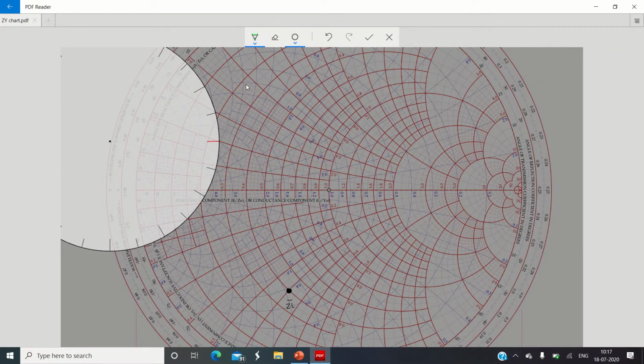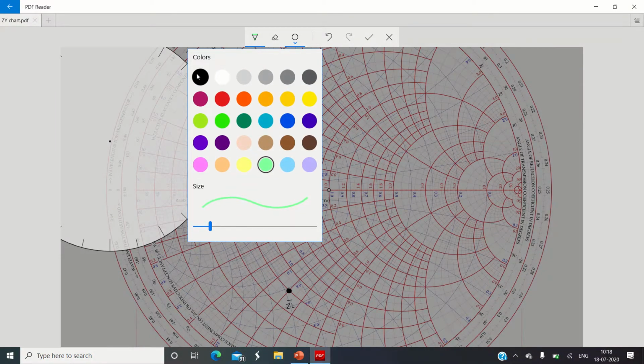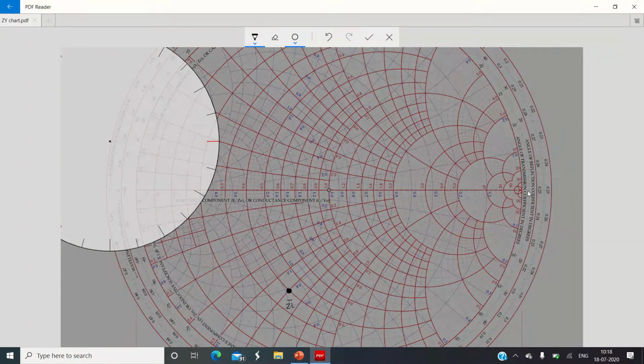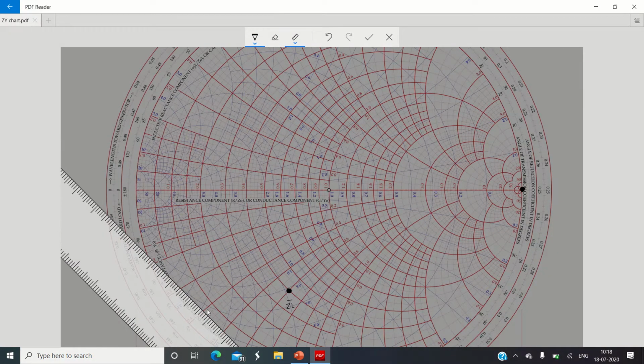Meanwhile, I am showing you how to plot the constant resistance circle. There is one more point over here. The constant resistance circle is passing through ZL bar as well as this particular point. So these two points represent a chord of that particular circle, and I will draw a chord for it. Actually, this procedure need not be done. You can directly trace this particular circle, and whenever you find the intersection with the unit conductance circle, from there you can come down over here.